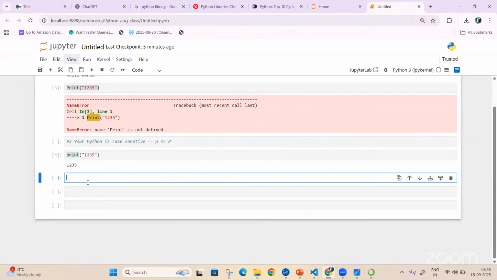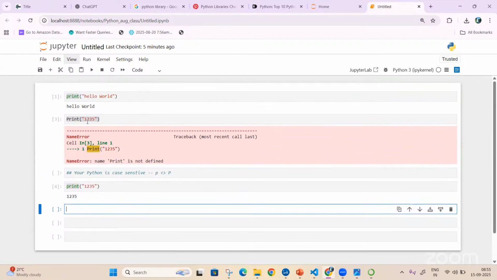Just like inside our SQL, joins are nothing but we know it is joining. If I use left join, it knows I need to use left join. If I do right join, it knows I need to do right join. The same way, these are the keywords inside SQL, and inside Python there are keywords too. If you don't pass that correctly, it will not execute.